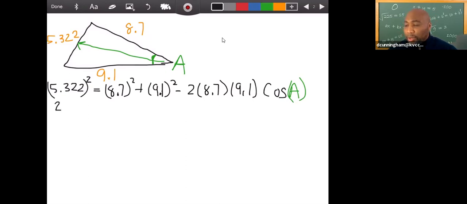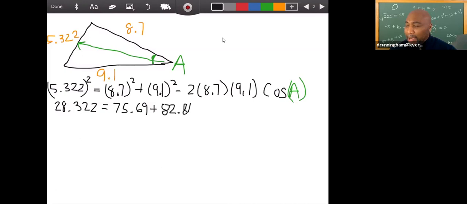So this is squared. This would be like 28. And we actually did this problem earlier. Look at your work. Look at what we did earlier with the problem before. And we should already know the answer. But let's at least see how we get the answer. So it's like 28.322, I believe, is equal to 8.7 squared. We have 75.69 plus 9.1 squared. That's around about